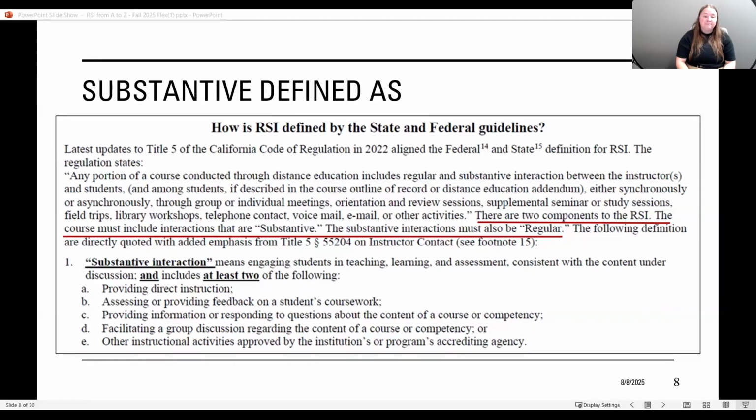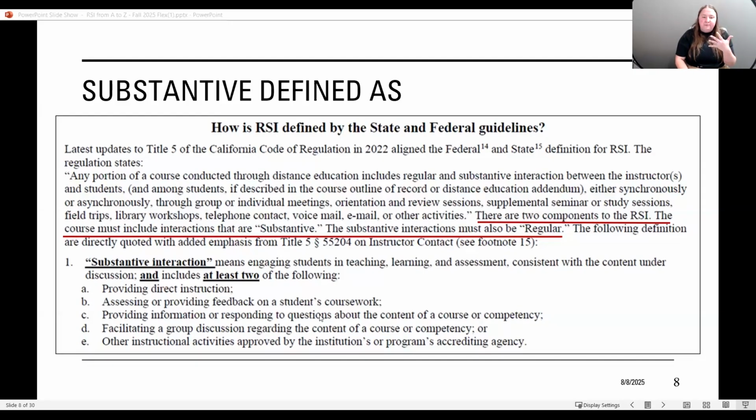So there are 2 components of RSI. That the interactions are substantive and that the substantive interactions occur regularly. So in the updated regulations, substantive interaction was defined that it must include at least 2 of the following methods below.